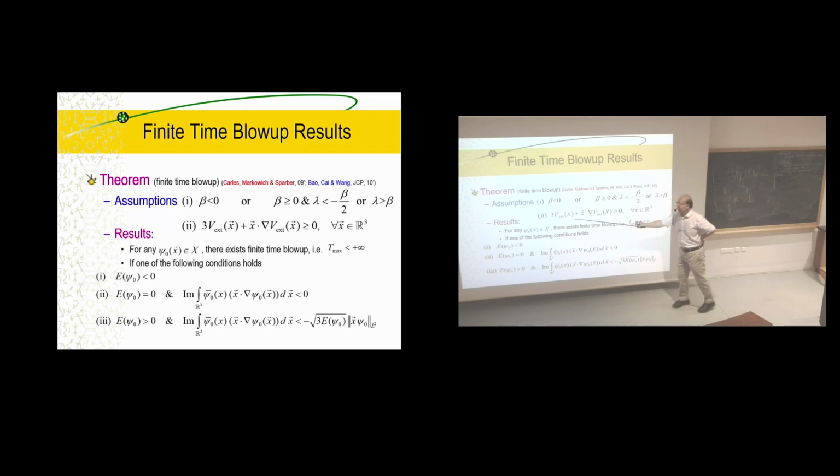For this condition, like V is 0 or V is harmonic, this is always true. Then we can show that if the initial energy satisfies some condition, like the initial energy is less than 0, there is going to be a blow up from this model. Of course, experimentally, they test this blow up, whether it is mathematical or physical. They find that this blow up, if this model is from cold atoms in quantum physics,